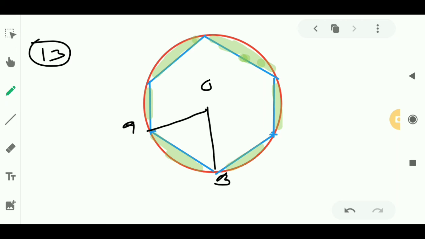So AB, first I will find the angle of this one. Here 6 equal designs are there, and the angle at the center is not given. So it is 1, 2, 3, 4, 5, 6. It is a hexagon. So for a hexagon, how much will the angle at the center be? First we need to find it. Since a regular hexagon with equal designs is given, a regular hexagon can be divided into 6 equilateral triangles. So the angle at the center will be 60 degrees only.